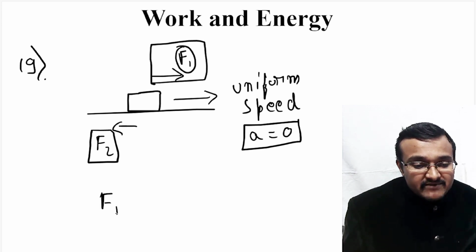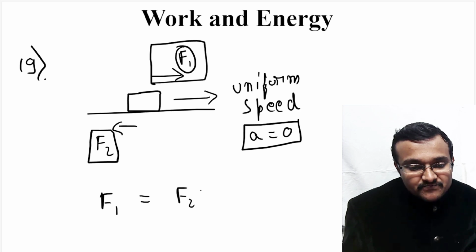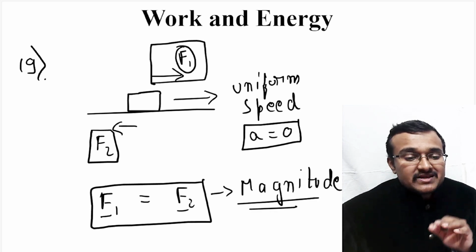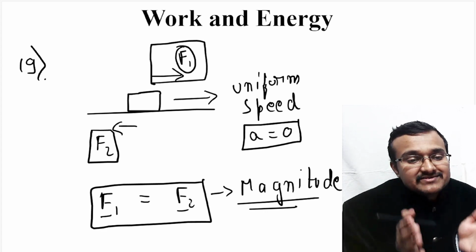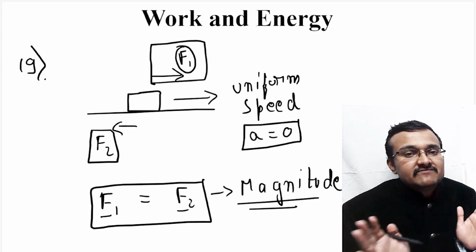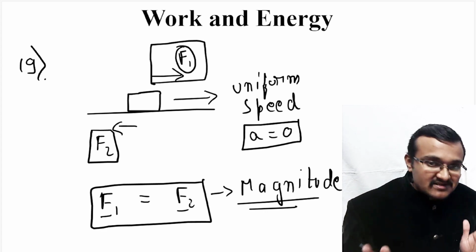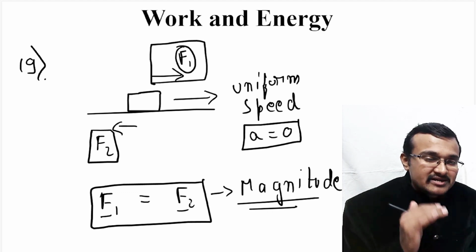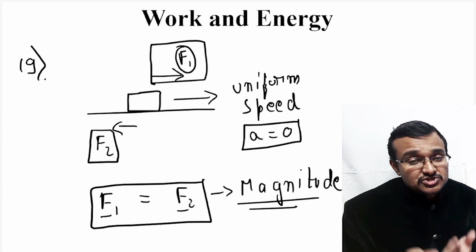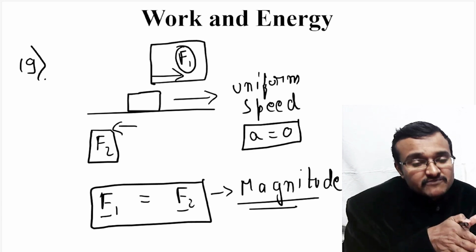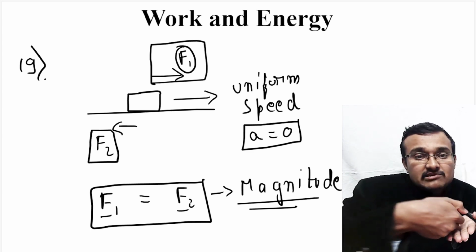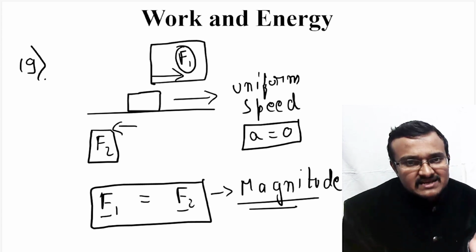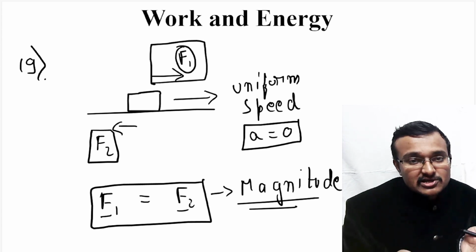So here if F1 is equal to F2, I am considering the magnitude of forces F1 and F2. If they both are equal, then this particular object will be in uniform speed and acceleration is zero. So when a particular object, a car or a vehicle in which you are traveling, is maintaining uniform speed, constantly there will be a certain amount of frictional force acting on that object,